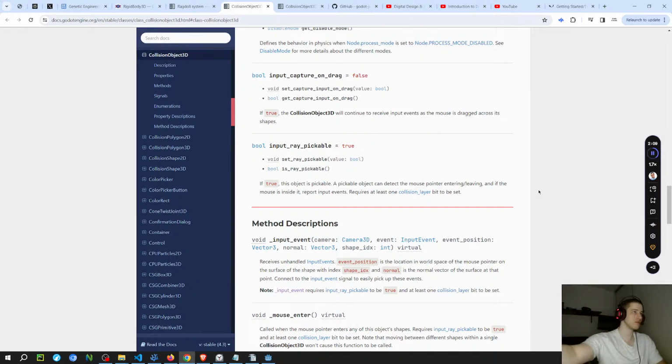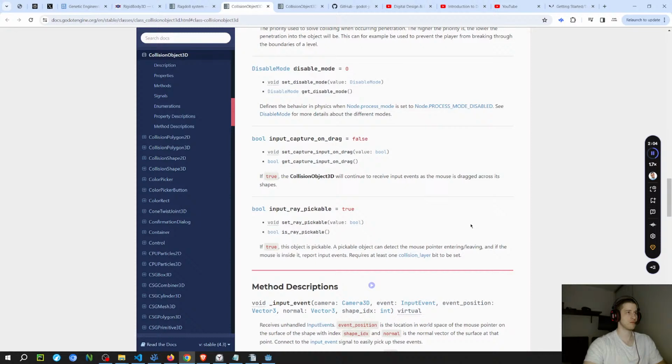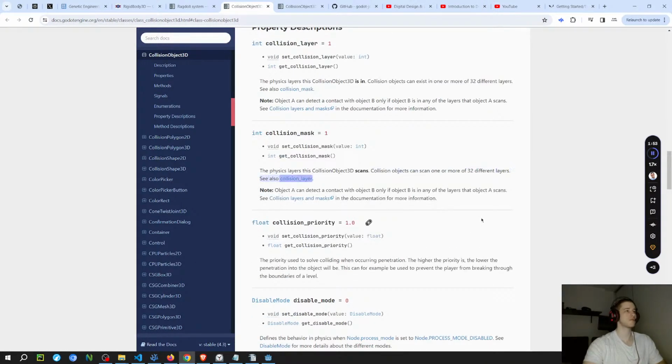Property descriptions: int collision_layer equals 1. void set_collision_layer_value(int) to get the physics layers the CollisionObject3D is in. Collision objects can exist in one or more of 32 different layers. See also collision_mask. Note: object A can detect a contact with object B only if object B is in any of the layers that object A scans. See Collision layers and masks in the documentation for more information. int collision_mask equals 1. void set_collision_mask_value(int) to get the physics layers this CollisionObject3D scans. Collision objects can scan one or more of 32 different layers. See also collision_layer. Note: object A